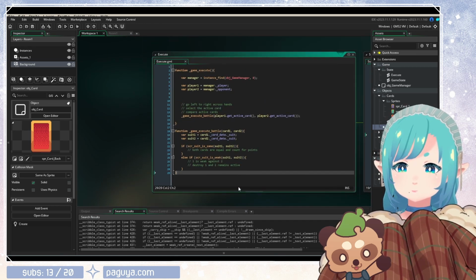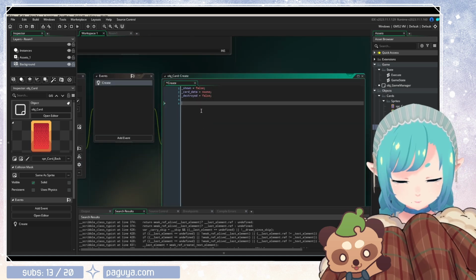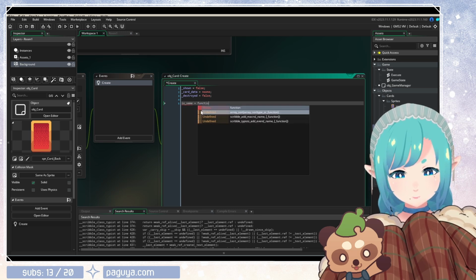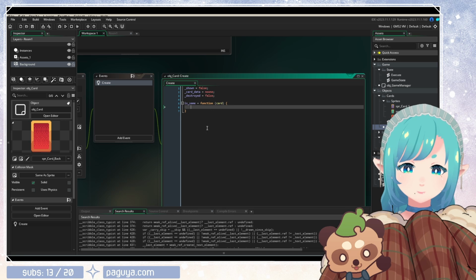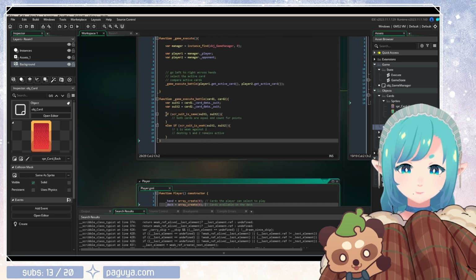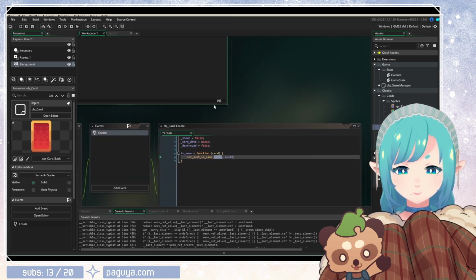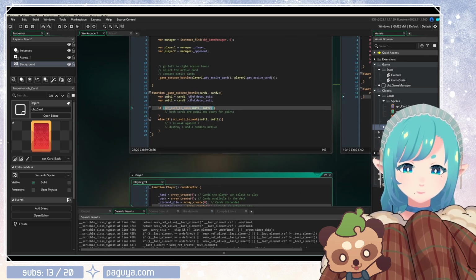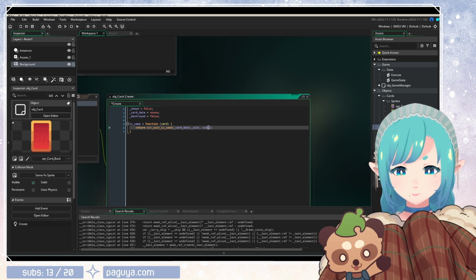And then on the card we could do return suit is same, and this is our data suit versus